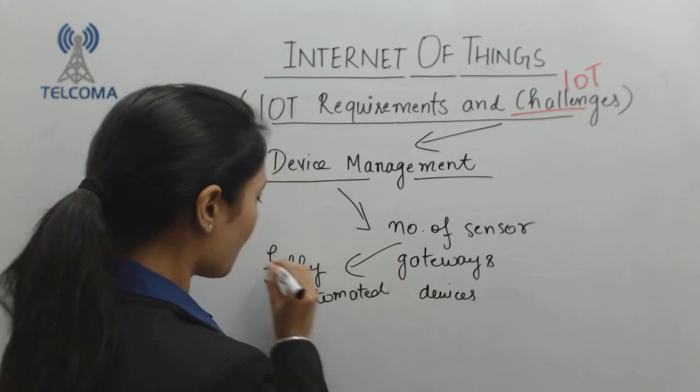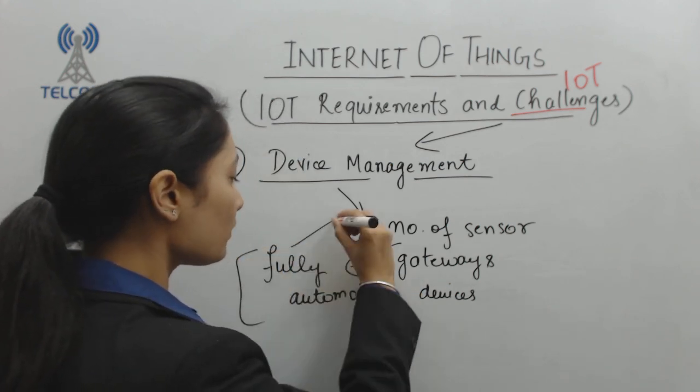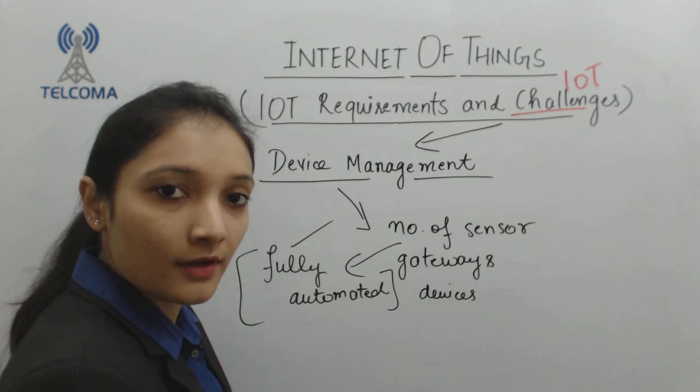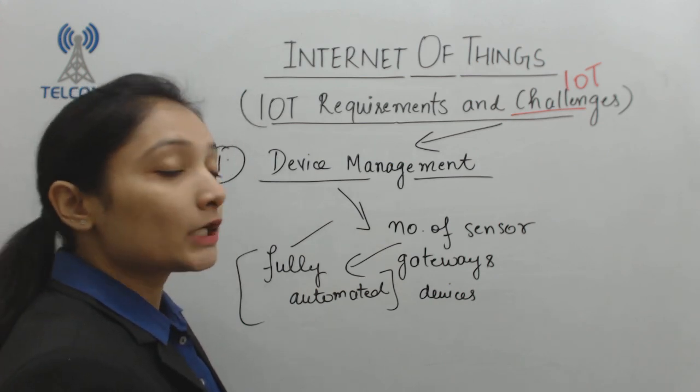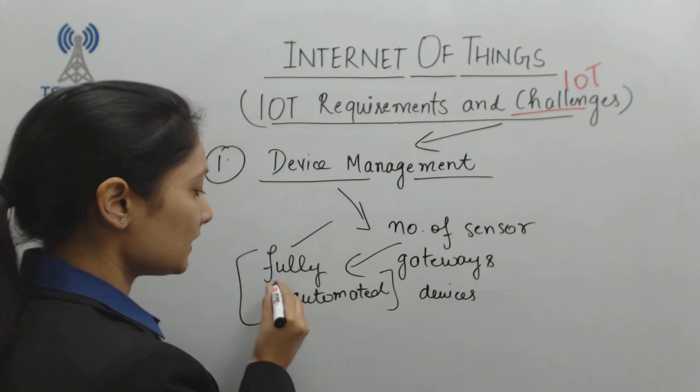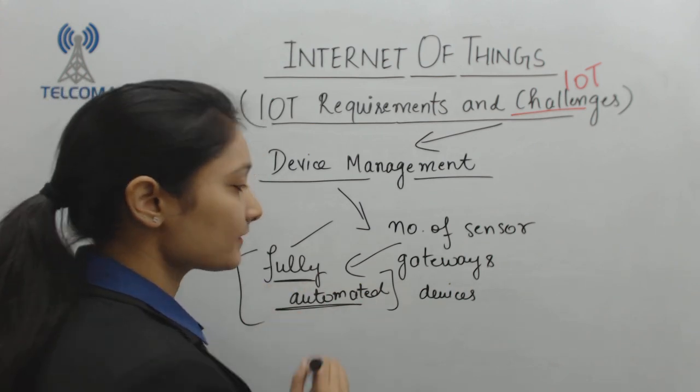So this is the checkpoint here for device management, that all of these devices are fully automated, running without any human intervention. So that means each device is automated here,